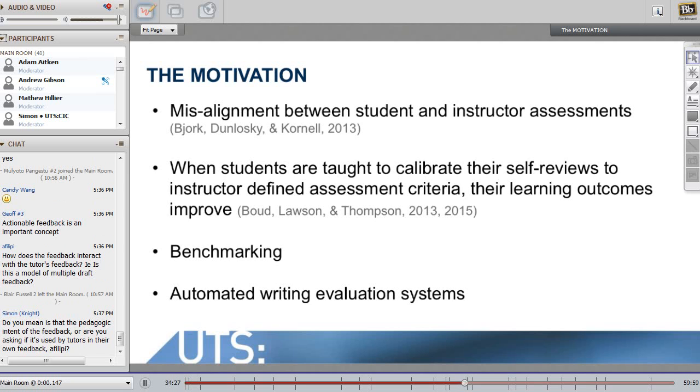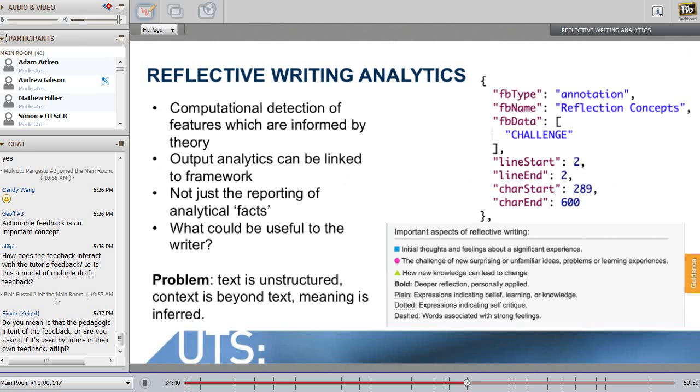The disconnect that occurs with the way that the students assess their own work is that, in particular, we found with the students achieving a high pass or a low credit, there was the largest gap between their expectation for their results